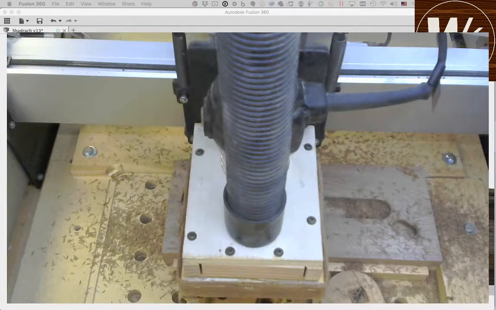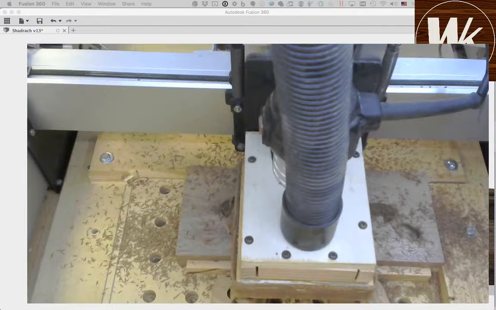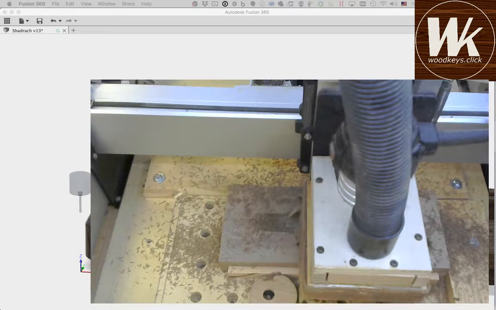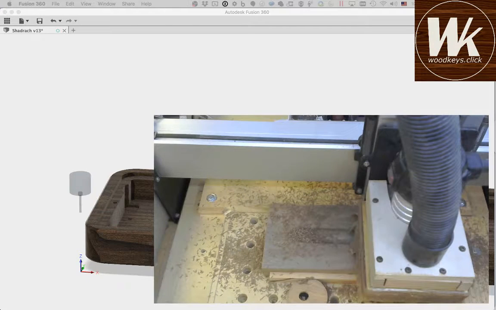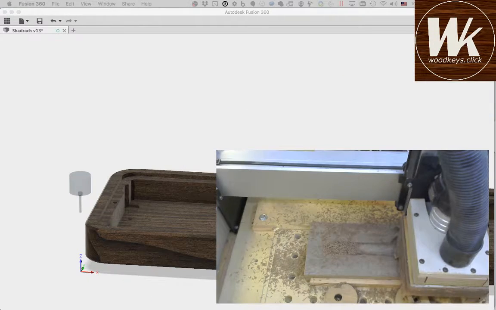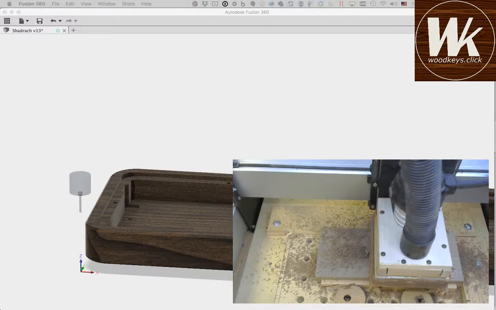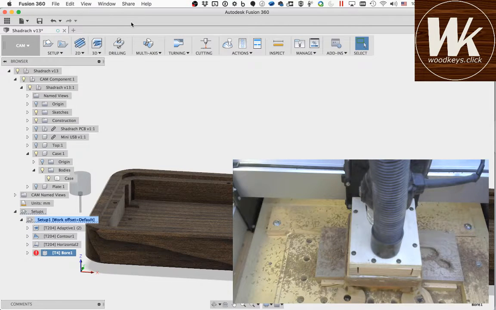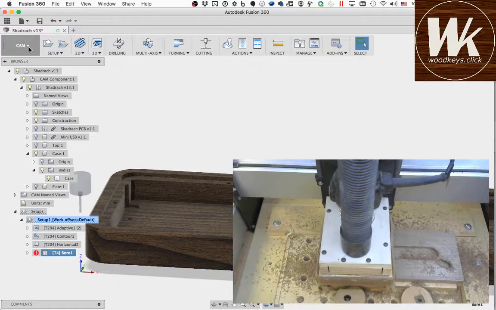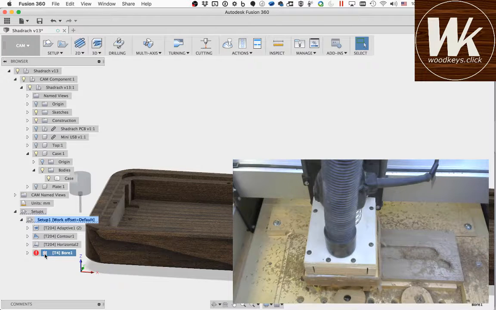I'm going to shrink this camera down a little bit. You can kind of see it, and then you can also kind of see some of what's going on over here on the Fusion side. So I removed some toolpaths that I didn't need. I'm going to bring up these other toolpaths